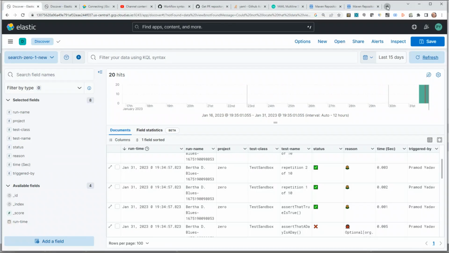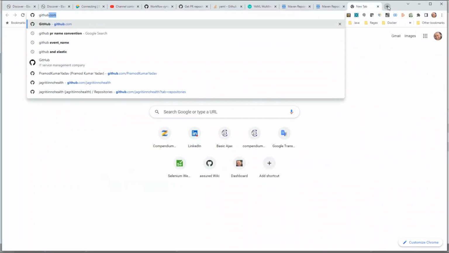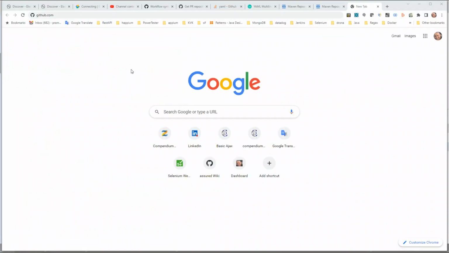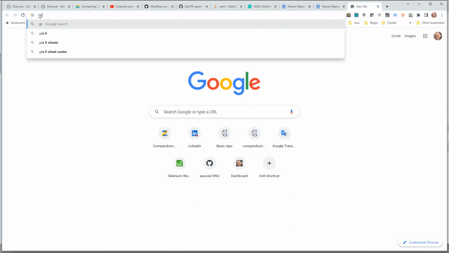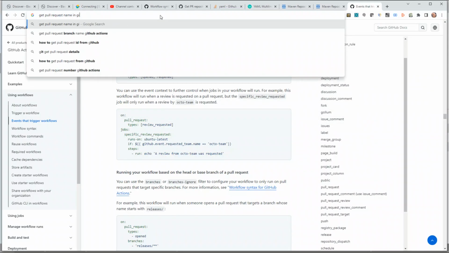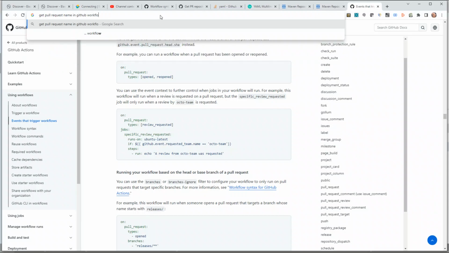So let's say, since we are merging the pull request, if I go back, since this is for pull request, let's say if I look for pull request name in GitHub workflow,